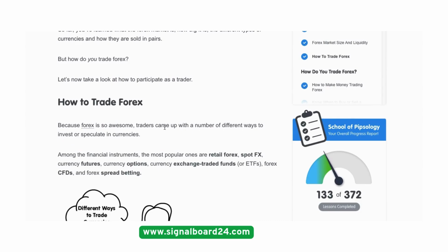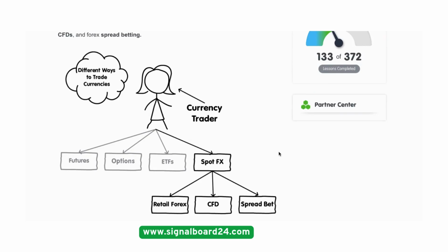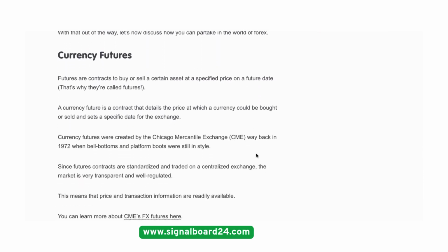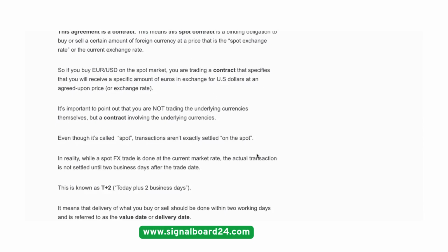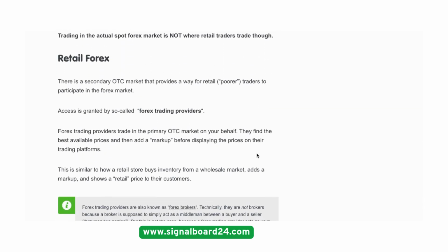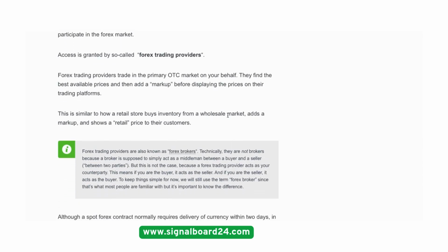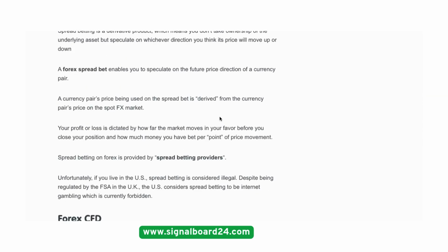Okay, so how to trade Forex? Forex is a very good market. We need to first understand what we want to trade. If you want to trade currencies, you must know how a currency is behaving. If you want to trade futures, you must know everything. You have many ways of trading Forex, but that will depend on the opportunities. Many of us traders are called retail Forex traders because we trade on a very small scale. We trade through a company called a broker, which we're going to talk about.